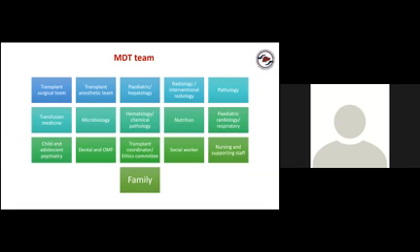Social workers, especially in other countries, this is a very well established service to support children and families with their financial and social needs. And lastly, but very importantly, nursing and the supporting staff and all the other paramedical staff. I consider family as part of the MDT team because without their commitment, willingness, and wanting to go through the transplant, there is no liver transplant happening. And they should be committed for this journey. So family is an important member of the MDT team.